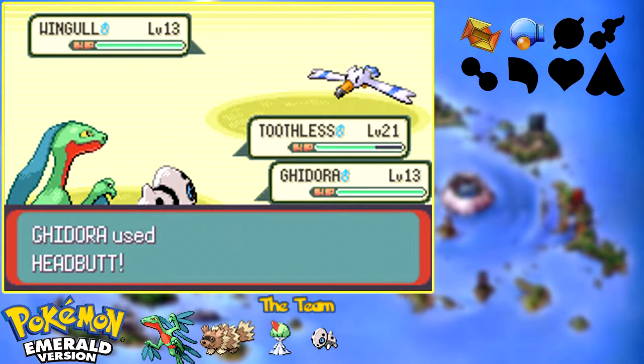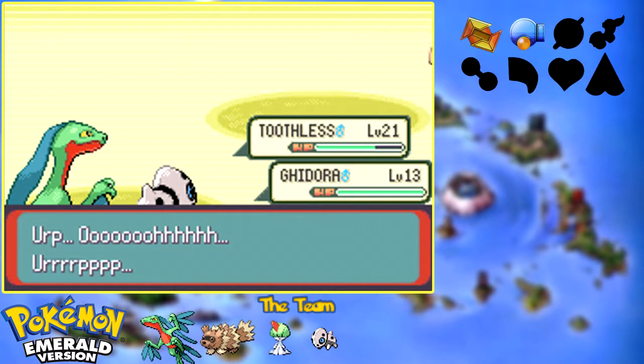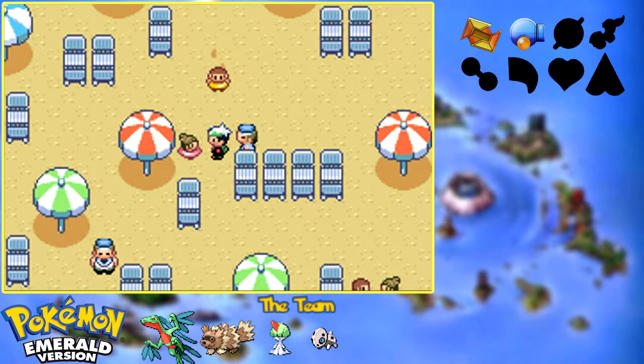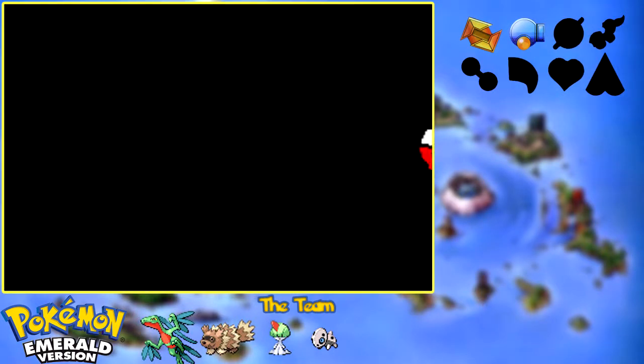Also, you Water Gunned Toothless, you idiot. Why did you do that? Oh my gosh! Go, Ghidorah, go! That was impressive. I am very proud of him. All right, well, that's 2 of the trainers down here. I do think we are going to make it into Slateport in this episode. I don't want to entirely comprise this episode of battling trainers, because I think that would be kind of lame, but